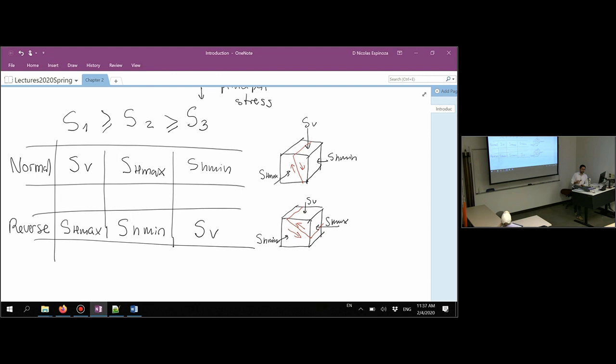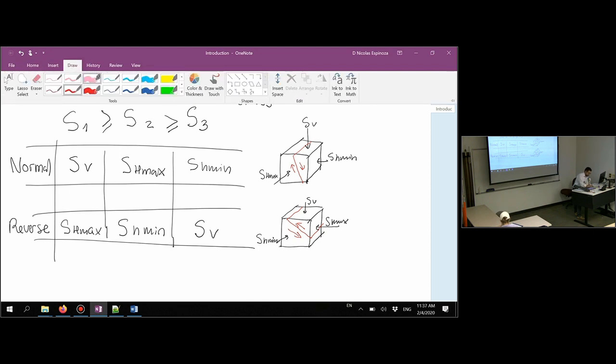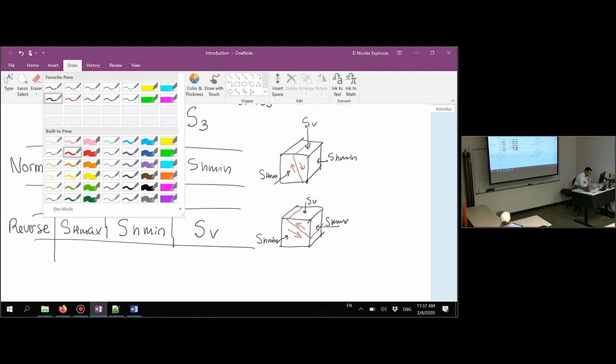That's what is called reverse, because it's the opposite of normal. And also some other times this is called a thrust faulting regime, and we're going to see that also in a little bit. And we have one more to talk about and to define,